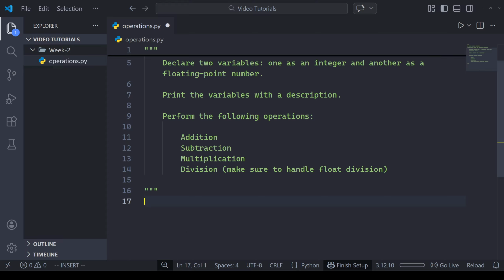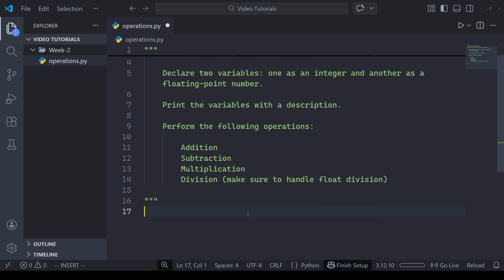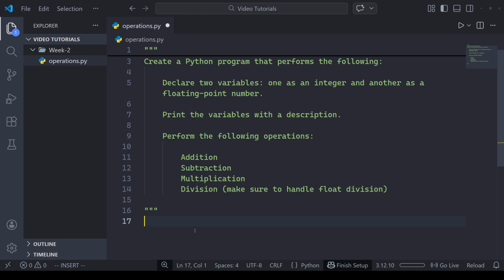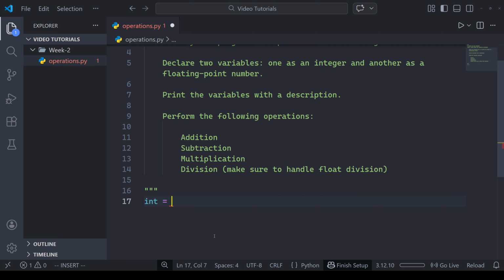The last restriction that you should all be aware of is that there are certain keywords in Python that are reserved and already used in the Python programming language, and so we can't use those as variable names either. One of those keywords refers to an integer, and it's int. So I can't name my variable int. If I try to do that, equals 5, and I try to run this code, I'm going to get an error, because this is a reserved word. We cannot use it for our own variables.